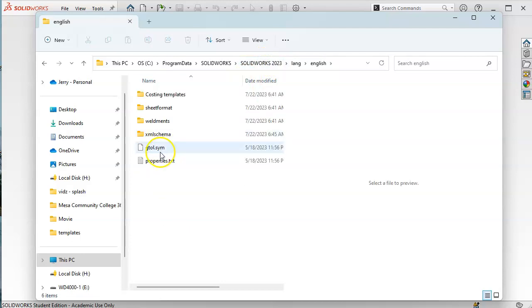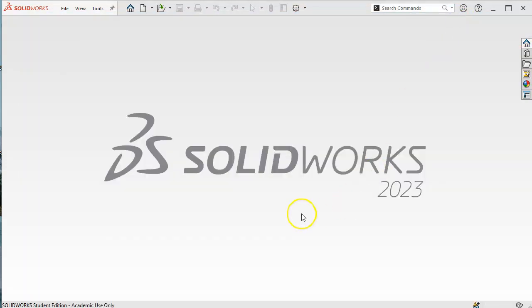Let's see, one more. The gtol.sym and properties.txt. These have to be in the same folder and we need to know where they're at. Otherwise, we will see bracketed symbols instead of a diameter symbol. We'll see mod dash dia or whatever. So,